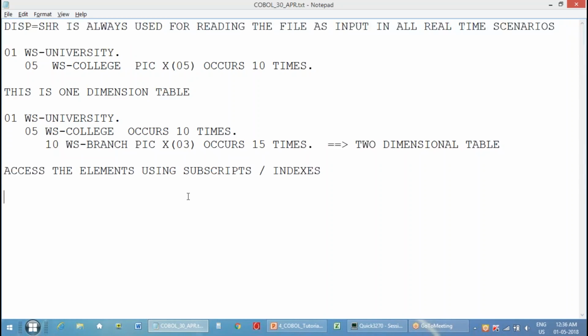Subscript maybe like this, second college and third branch within that second college. Fine,